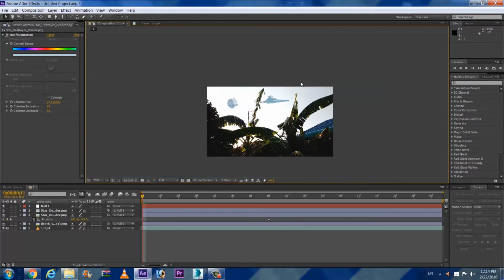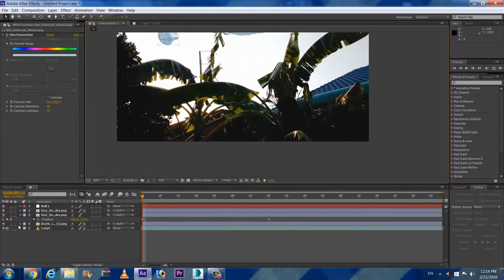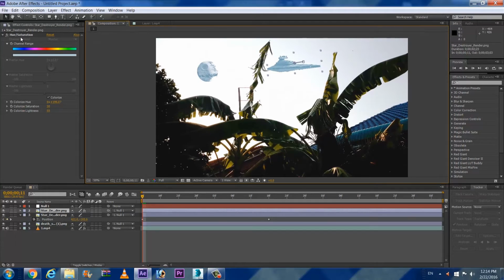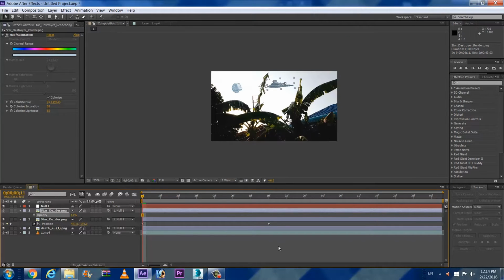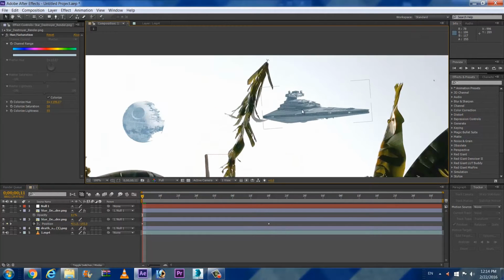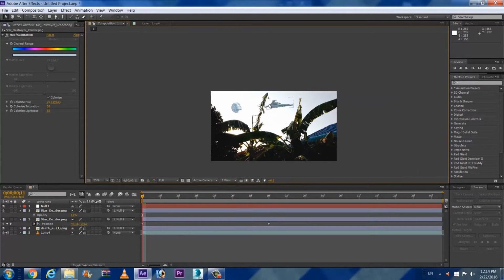distance is the same. So this is closer, so we're gonna take the one with the hue and saturation, press T and just lower the opacity, and if you lower it to 0 you will get nothing. So let's just get about 61%, and as you can see it's a bit less than this, but it shows the effect